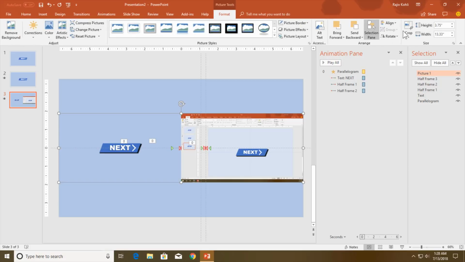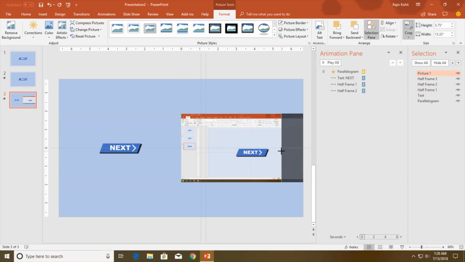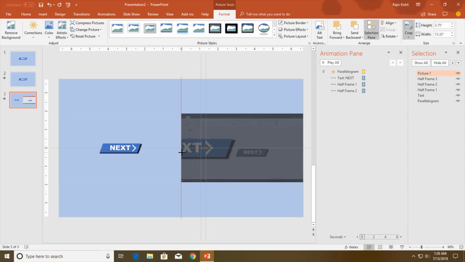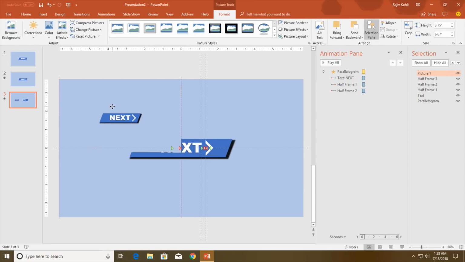Go to the format tab, click the crop button and remove the unnecessary part. As you can see, I have set up multiple monitors, and you can also see my second monitor here in the screenshot, and I want to crop this one right here. Now select the picture, adjust it on the top, and then adjust the size and send it to back.